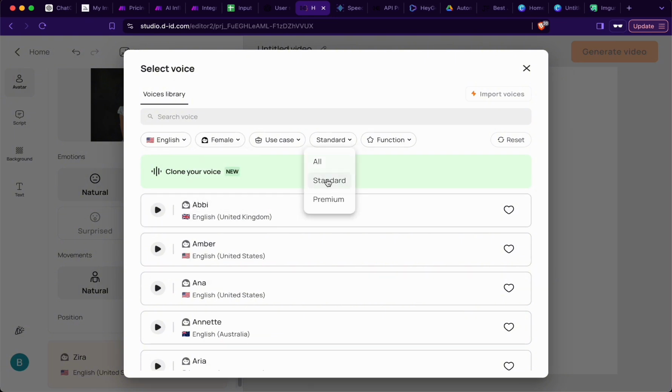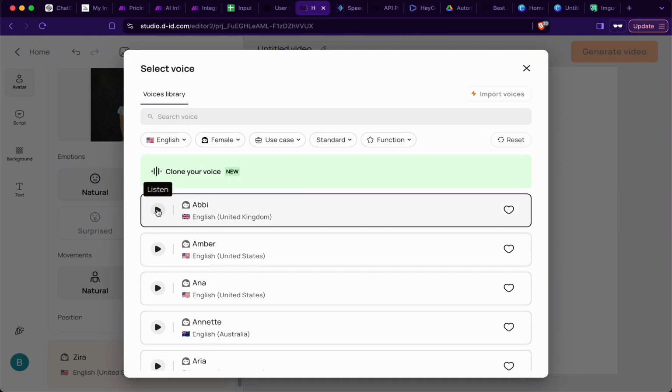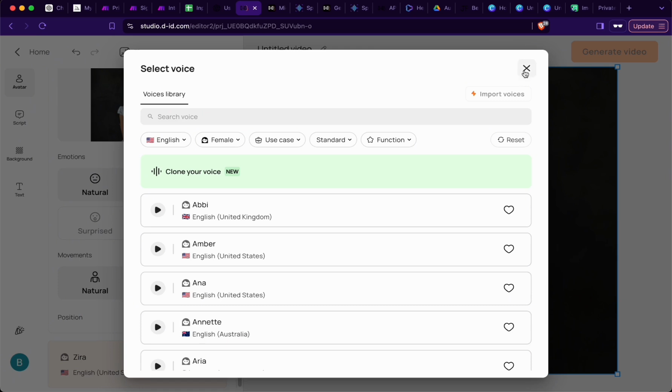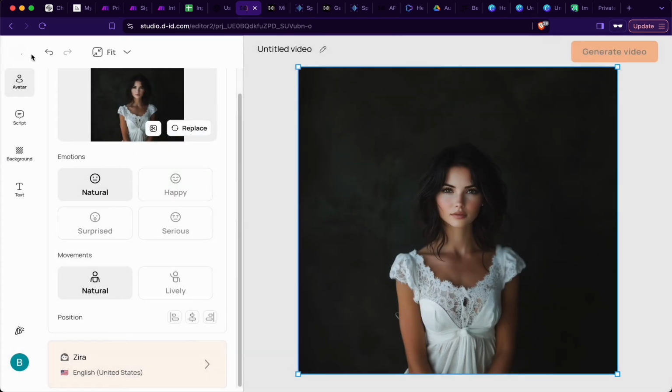Also only select the standard voices so you don't have any paid voices in here which you couldn't use, and then just go through and listen to whichever sounds the best to you, and then you know whichever name it is. Annette, for example, right here with English Australia. So in order to get the voice ID, what we do is close out of this window, go back home,